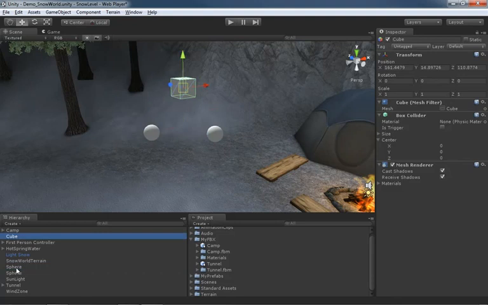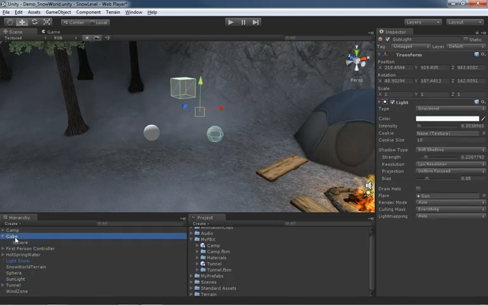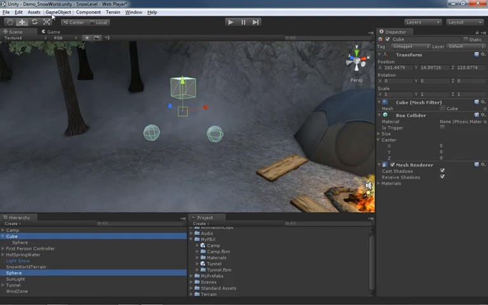So grab the cube, then grab one of the spheres. We can go under Game Object and choose Make Parent. And you'll notice that has parented the sphere underneath the cube. So we can do the same thing again. We can grab the cube, grab another one of the spheres, Game Object, Make Parent, and now they're both parented